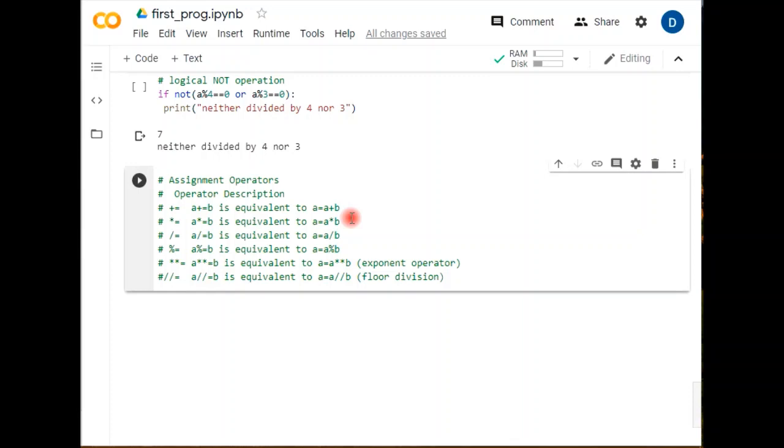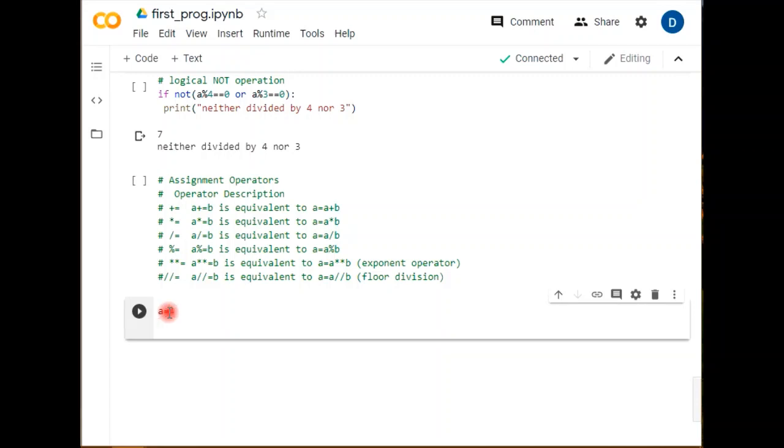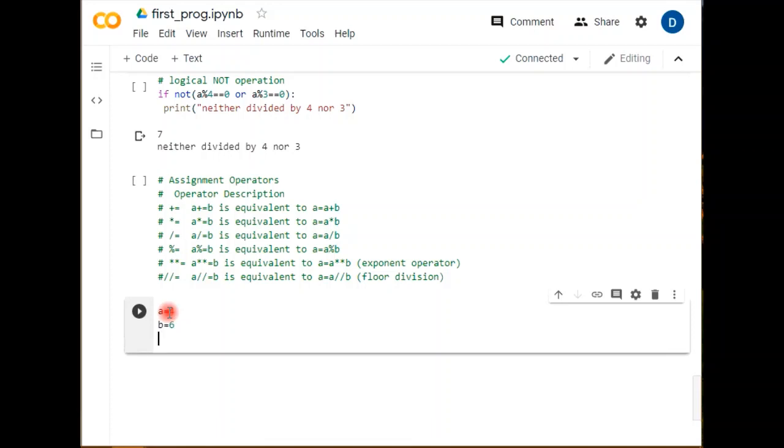Just take an example of this one. Let's have a equals to 4 and b equals to 6. Using this assignment operator, a plus equal to b, and finally running this program.